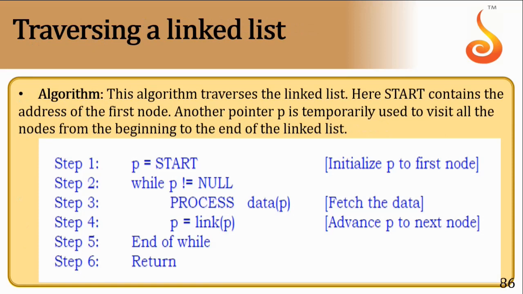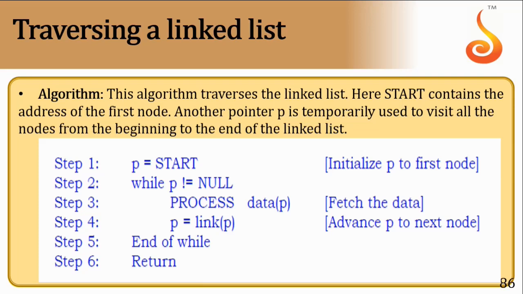Here, start contains the address of the first node. That is what I said. The head start, you need to specify what is the address of the first node. That's all. It's a pointer which points to a node of the type node only, pointing to the first node, because you need a point from where the first node is starting, the starting point